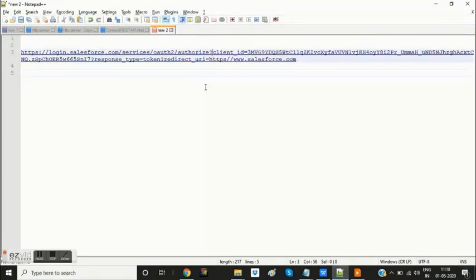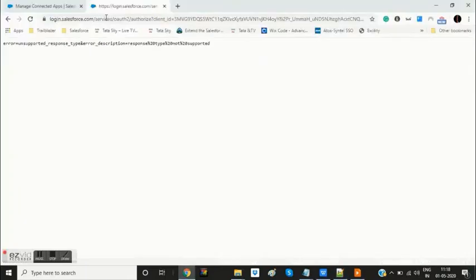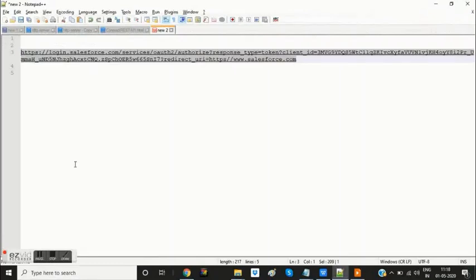So I need to type response_type is equal to token, question mark, client ID is equal to this, and so let us try once again.